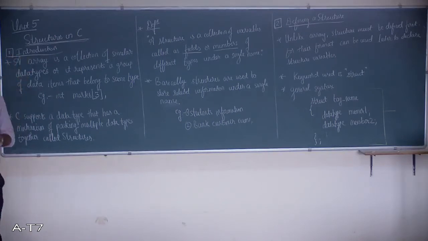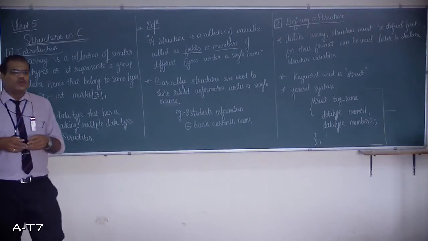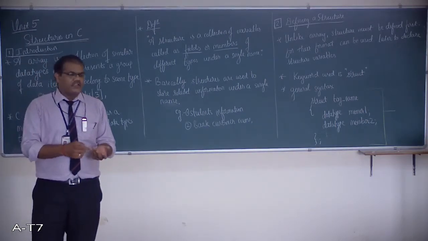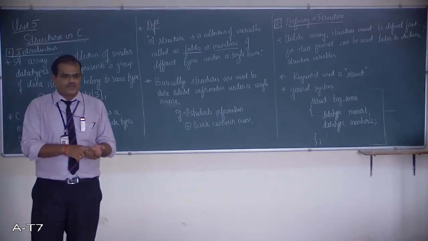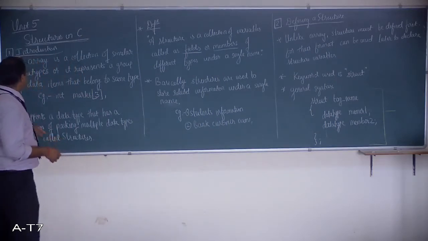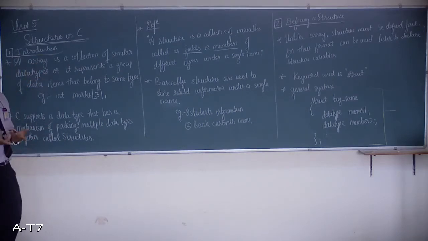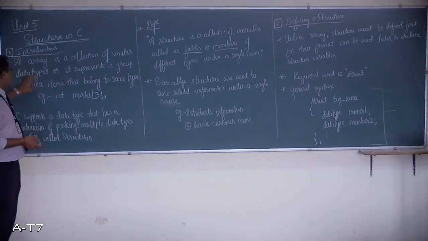Now, as we have arrays or any other variable which store a value in any format, it may be an integer, it may be a float, or it may be a string. Similarly, like an array holds a collection of similar data types, so that it holds more than one value, we have another type called structures.